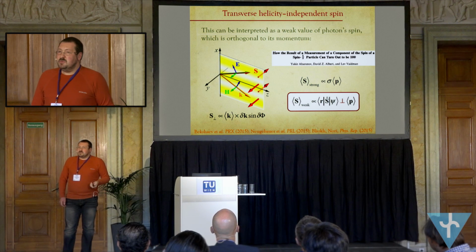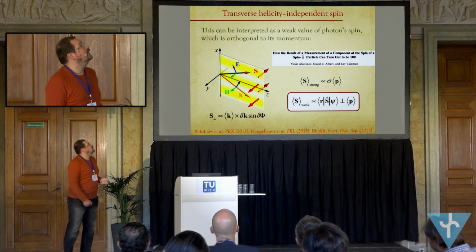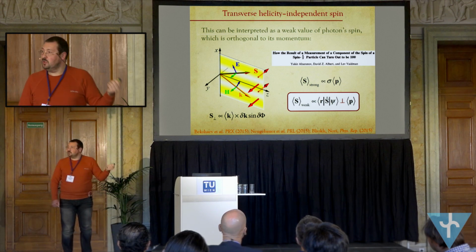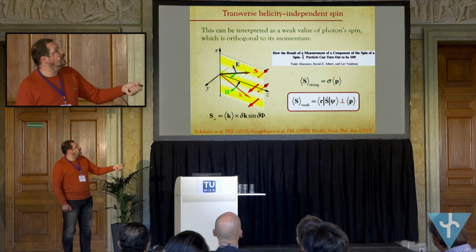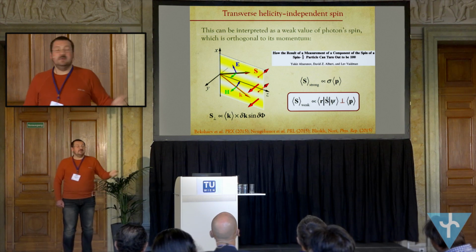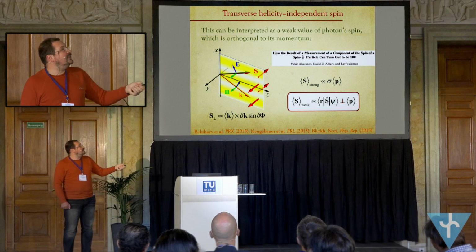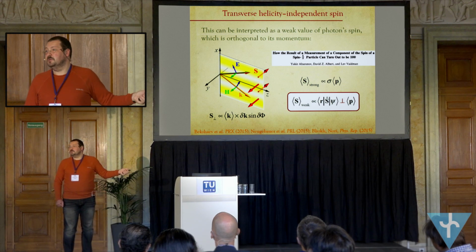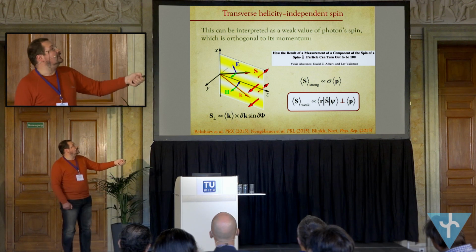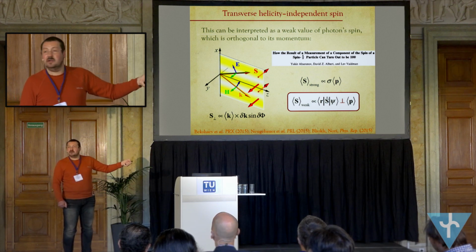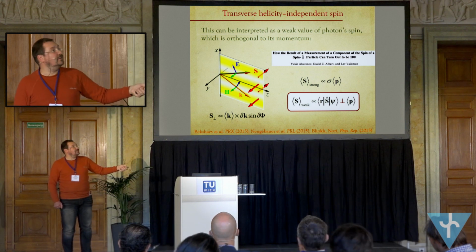So we can interpret these measurements in line of quantum weak measurements again. So we measure local spin density, which means that we measure spin operator with the post-selection in coordinate state. We cannot achieve spin 100 for photon, as predicted in this famous paper. But what we can do, we can achieve local spin values which are orthogonal to the momentum of photon, which is also anomalous. Because if we measure integral spin values, strong value of spin, it's always aligned with the momentum. But weak value can be orthogonal to the momentum.